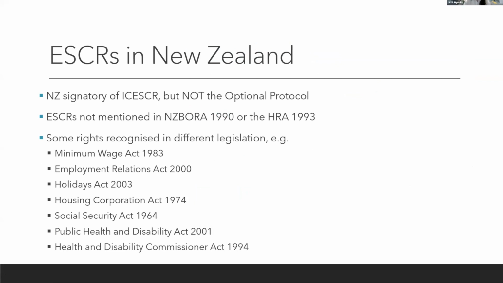And then moving on to the next one, as some of you may know already, New Zealand is a signatory of the covenant, obviously, but it hasn't signed the optional protocol. Economic, social, and cultural rights are also not incorporated into one piece of legislation in the same way that civil and political rights are, so they're not mentioned in the New Zealand Bill of Rights Act or the Human Rights Act. And a former New Zealand Prime Minister, Sir Geoffrey Palmer, has been a famous opponent of including economic, social, and cultural rights into the New Zealand Bill of Rights Act for some of the reasons that Malcolm mentioned in his great keynote earlier, mainly because Sir Geoffrey sees them as ideological principles rather than justiciable rights,